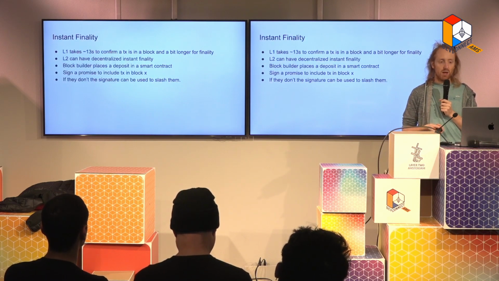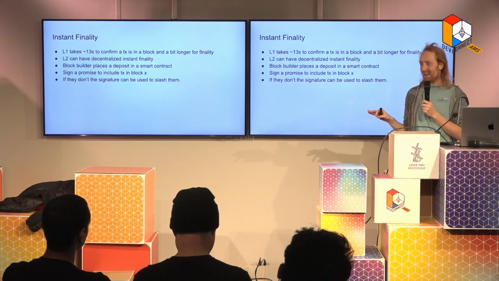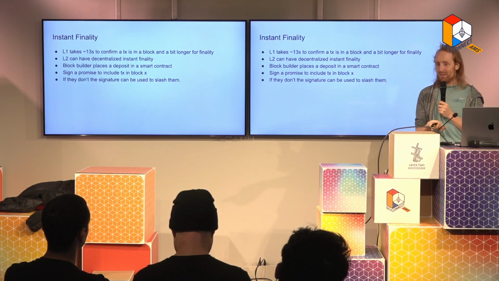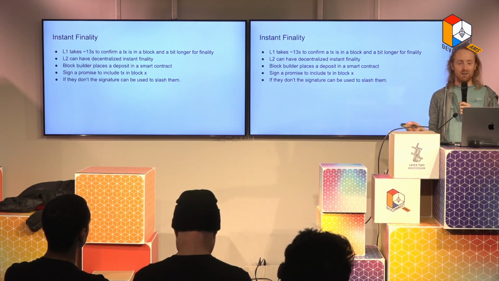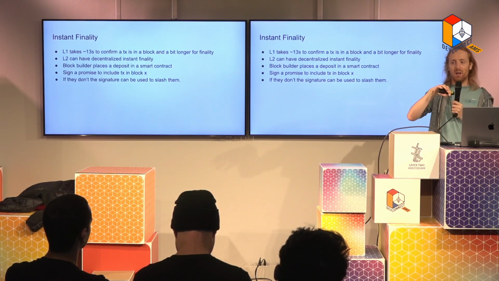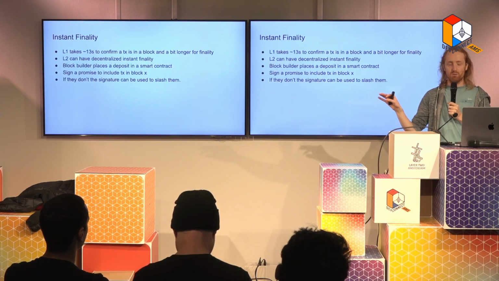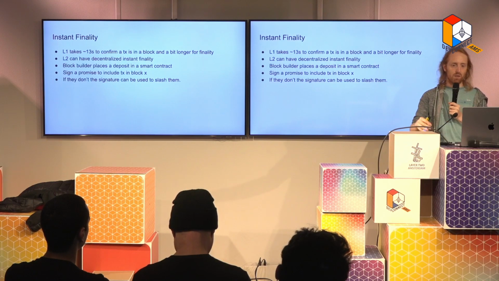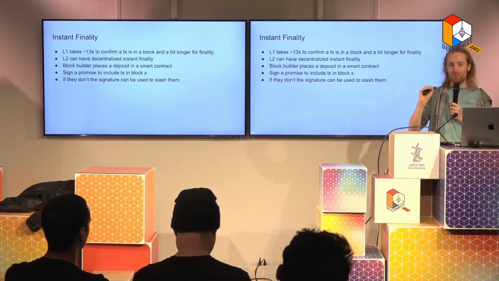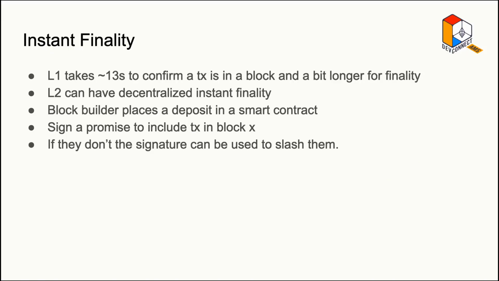Cool. Another thing that I think is one of the nicest things about changing from L1 to L2 is the idea of instant finality. The reason that we're able to do this is because we got rid of the miners, or we didn't really get rid of the miners, but we adjusted the incentives for the miners. Right now on layer 1, the incentives for the miners is to make blocks as quickly as they can and to just be really good at setting up ASIC farms. That's their skill set. That's all that the incentives select for.